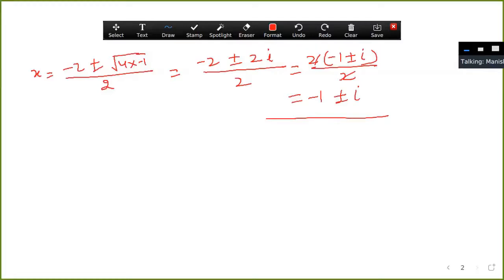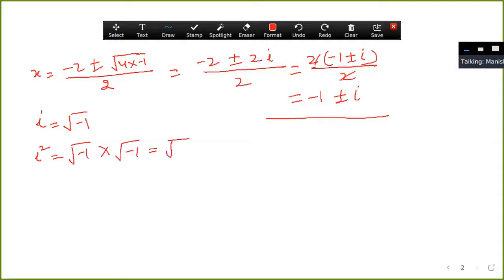Now you have to know about the values of iota. As I told you, I have given an example. Now we'll discuss, as iota is the root of minus 1, suppose I want to calculate iota square. Then what will be the value of this? This will be like this.